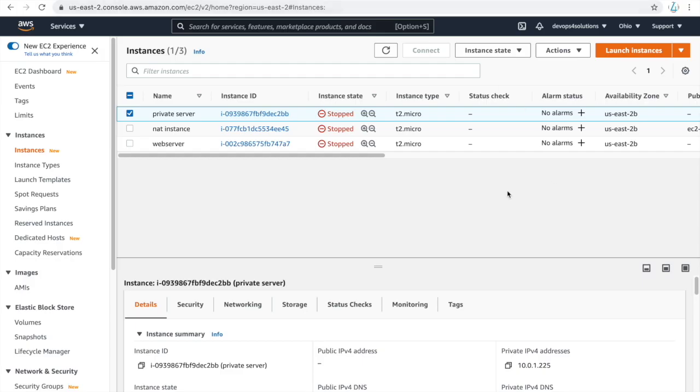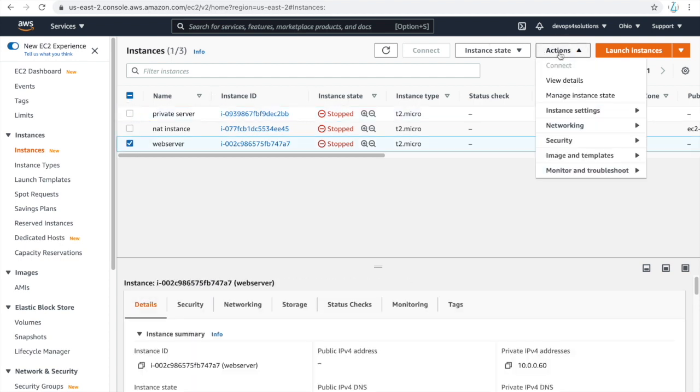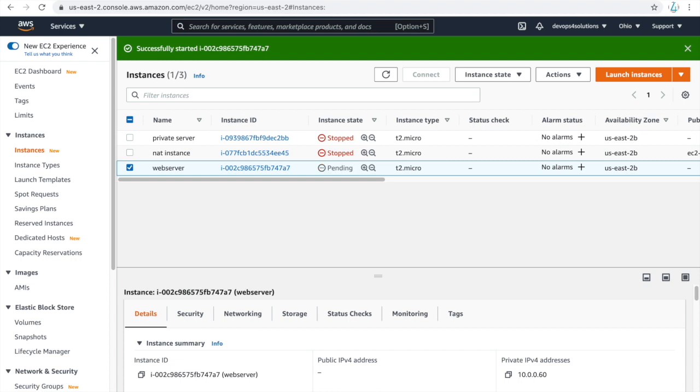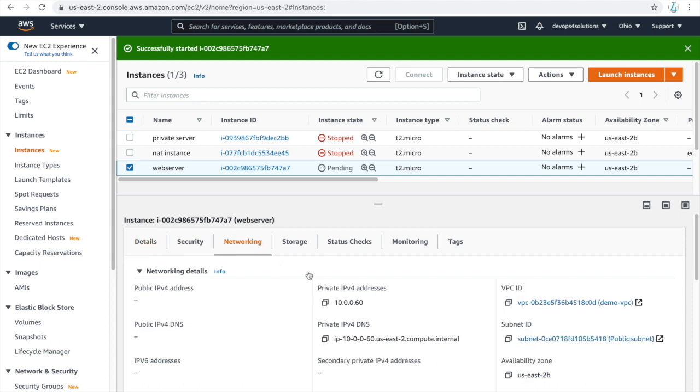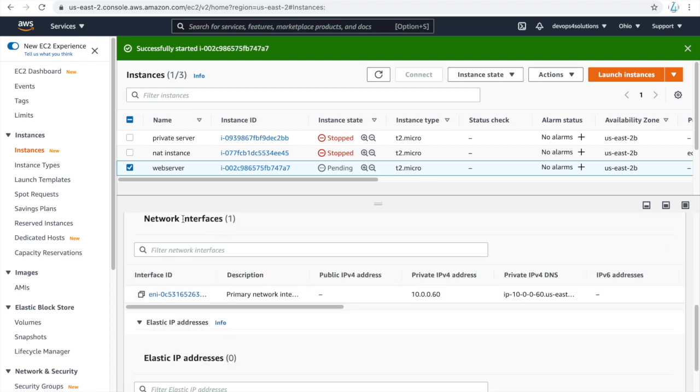Okay. So one more thing that I wanted to highlight here. For all EC2 instances, let me just make one running. If you go to the networking, you will see the elastic network interfaces. This is created automatically, and this is the primary network interface. It gets created automatically as soon as you launch an EC2 instance.